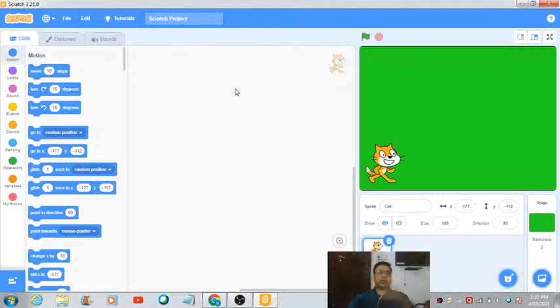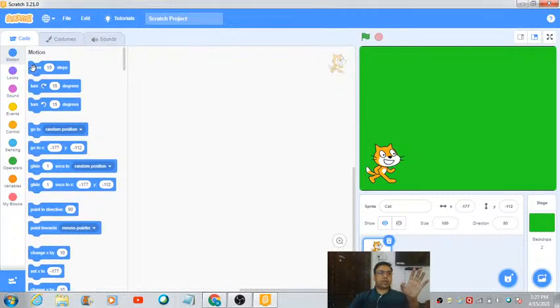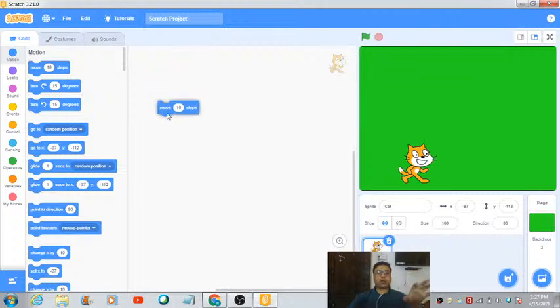Okay, so once you're done with selecting this character, you can come to this motion section and let's make use of this move 10 steps block. Now if you hit this block, it is going to move this character 10 steps ahead. See? Right. Now if you want that this character should move only if some event takes place,